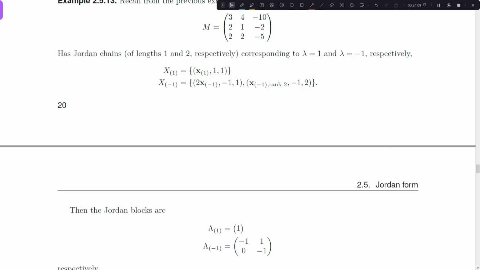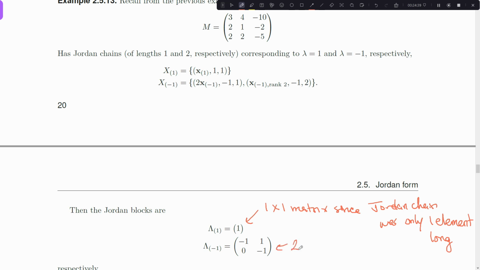And the first one looks kind of funny because this is a 1 by 1 matrix, since the Jordan chain was only 1 element long. And the second case even doesn't look that terribly special because it's a 2 by 2 matrix, so we don't see any upper right zeros,